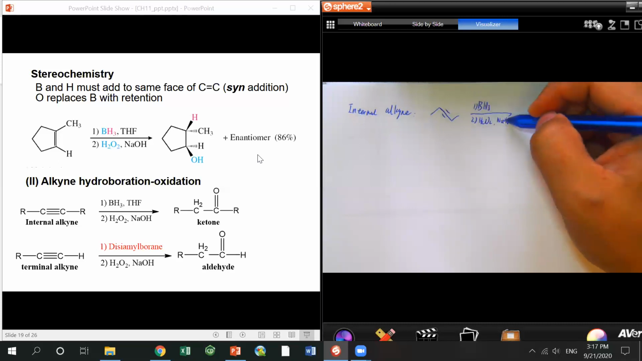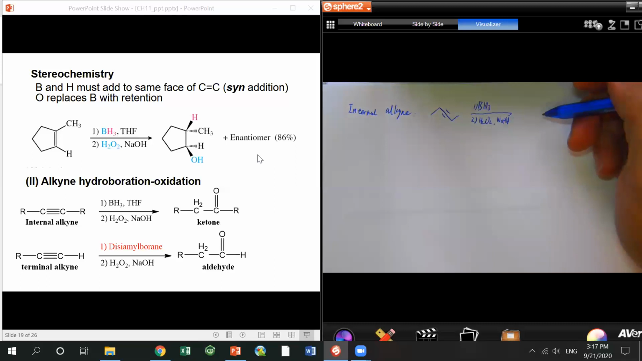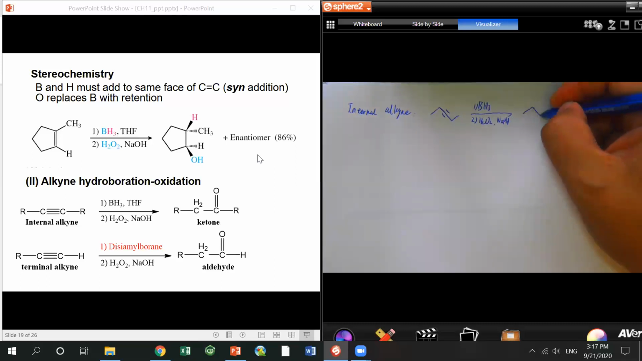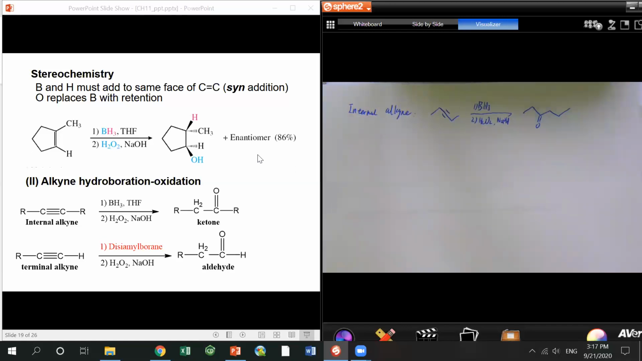BH3, H2O2, NaOH. Once the reaction is done, that's got a ketone. For you guys, if you cannot draw the product in one shot, what you can do is